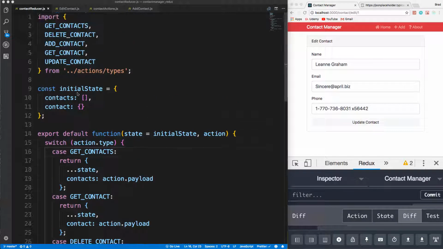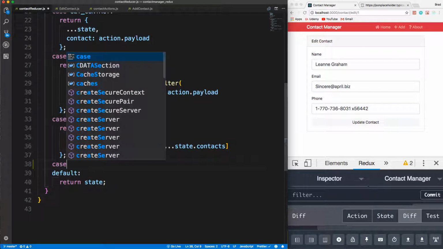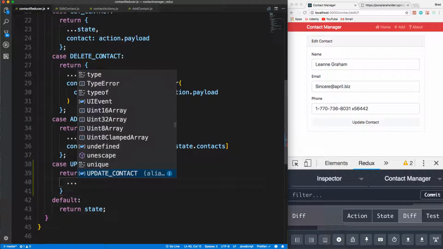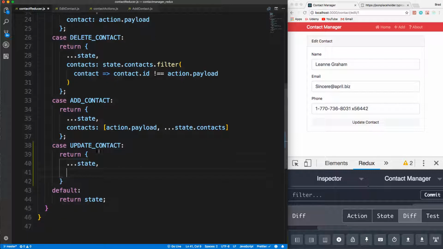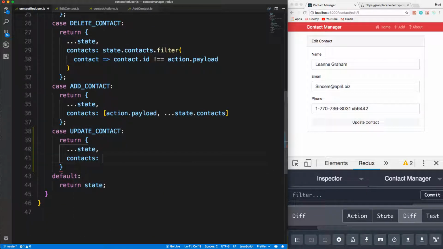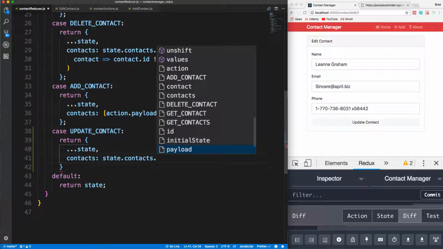for update contact. We already brought it in right here. So let's add the case in our switch. And for this, we want to return. We're going to do the same thing we did with the context API. We're going to use map to do the update. Okay, so we want to grab in contacts. We'll take state.contacts. So we'll take that array, we'll map through it,